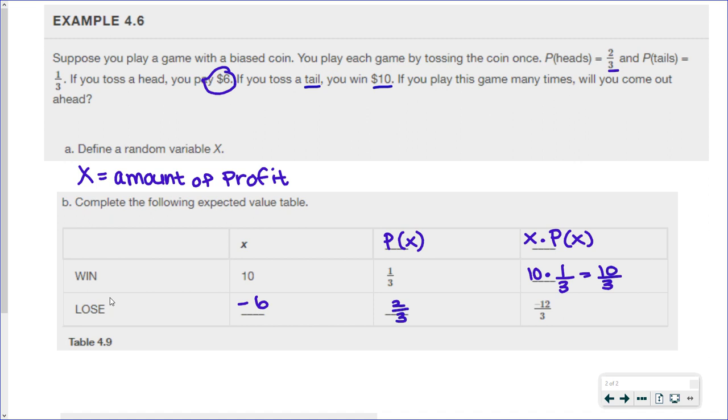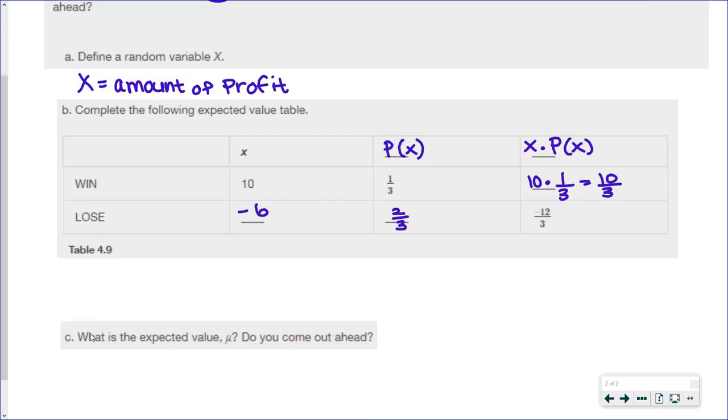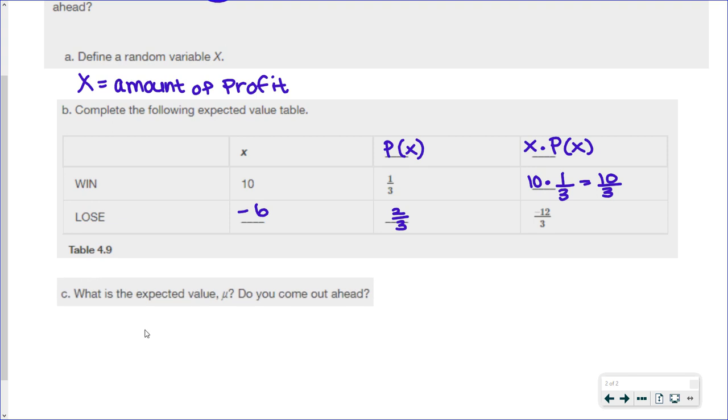Now let's answer the question where it asks us, if you play this game many times, will you come out ahead? So here's how we figure this out. Well, the expected value mu for the game in total is going to just be, we add these numbers in this column. So I'm going to add 10/3 plus -12/3. If we add these up, they have the same denominator, so I can just do 10 minus 12, which gives me